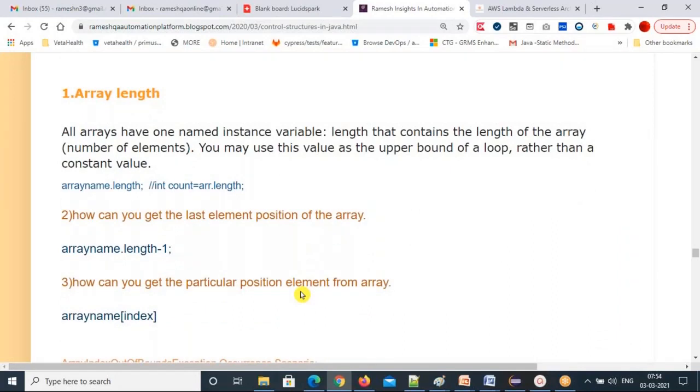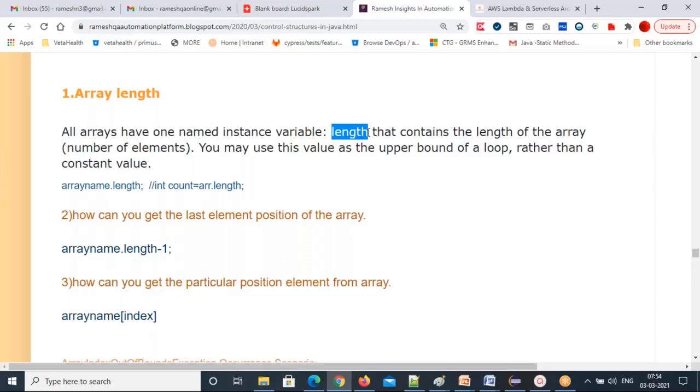All arrays have one named instance variable, that is length. Length is an instance variable that contains the number of elements in the array. That count is given by this length variable.